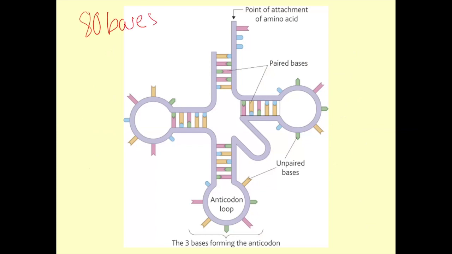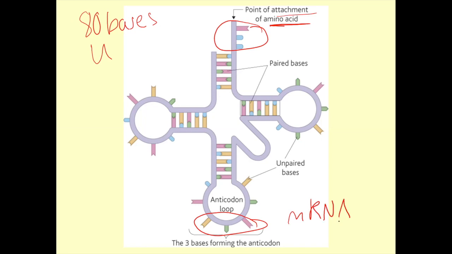It's worth remembering that, and with it being RNA, it does use U as well. At this end, we will attach an amino acid, and at this end, we have something called an anticodon formed of 3 bases, and that will attach always to mRNA. So the mRNA provides a code